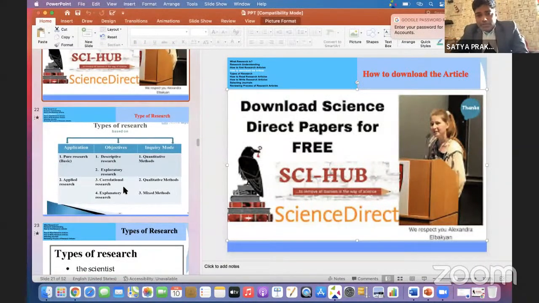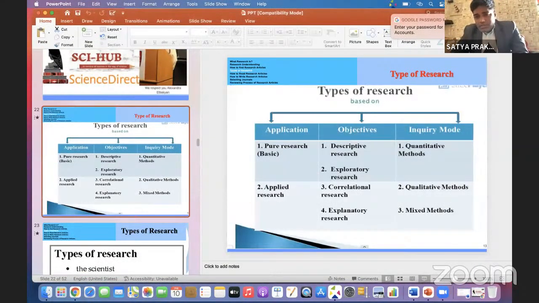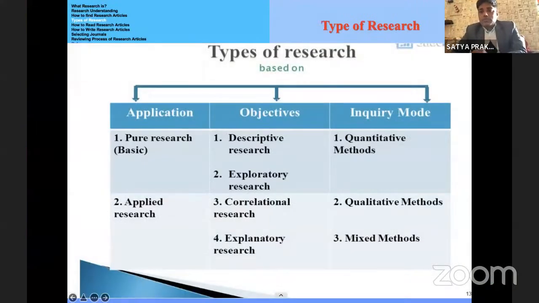Now, types of journals. There are different types of research journals. Suppose you are from the marketing field, then would you go to a medical journal or to a social science journal?